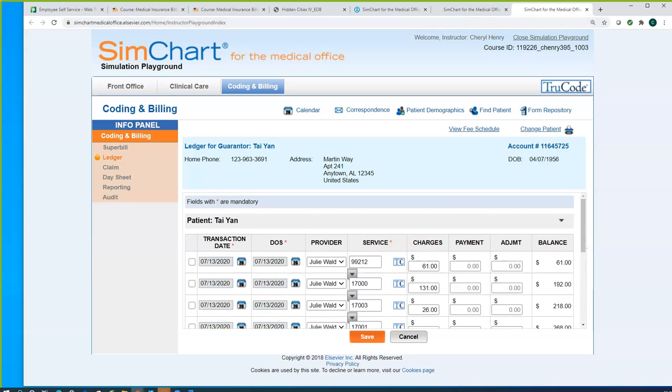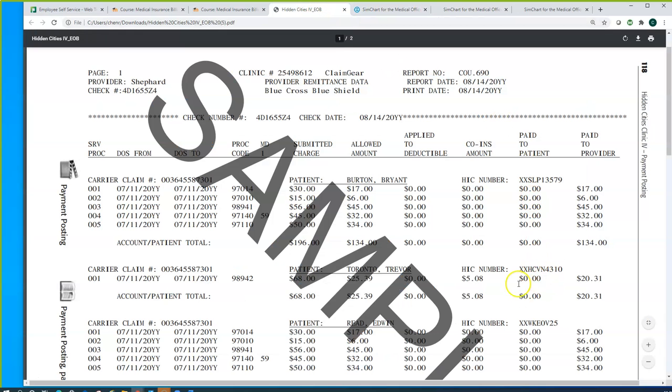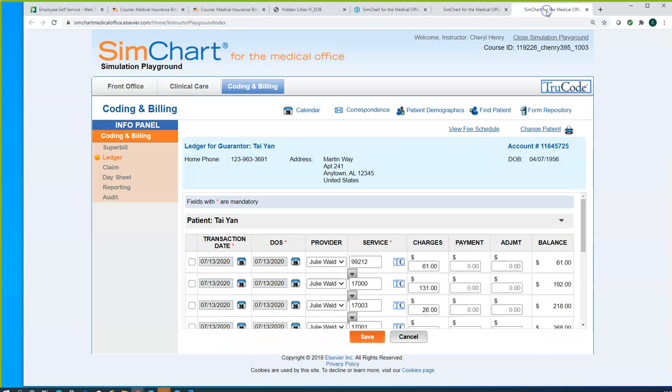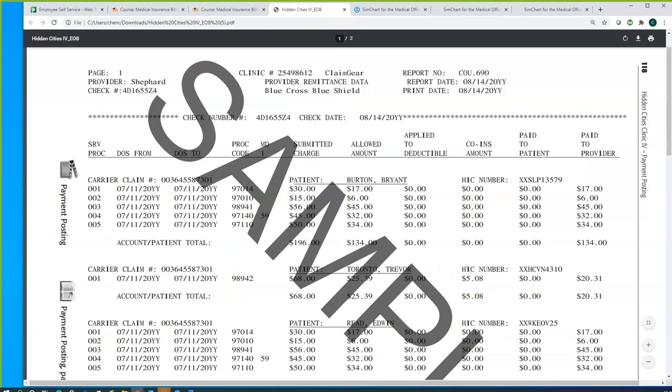And the thing that I wanted to point out about the explanation of benefits, and I pointed this out before, but it's good to pay attention to this, is that many times when you're posting the explanation of benefits, the amount of the submitted charge and the amount allowed are different. And so what that means is that you're going to have to do an adjustment in this column. So for example, for one of the patients, let's go to the explanation of benefits for an example. For this patient down here,